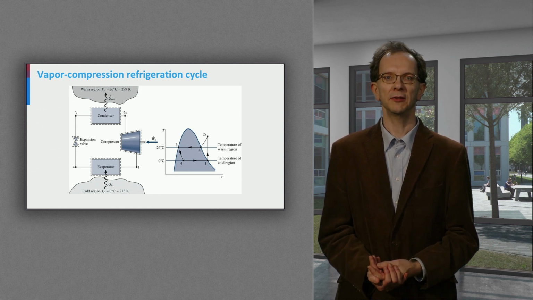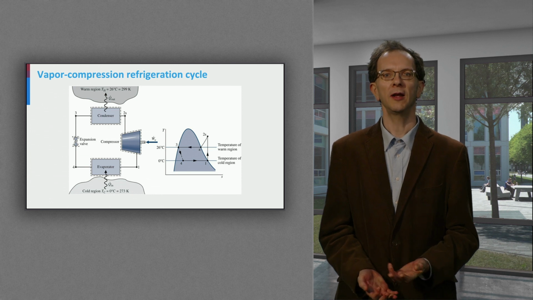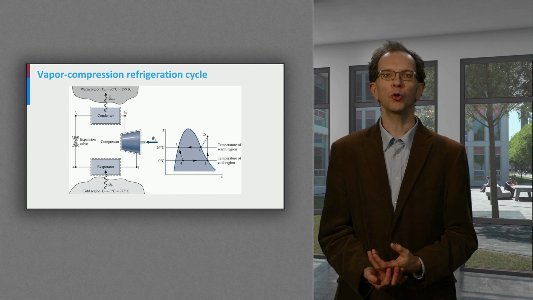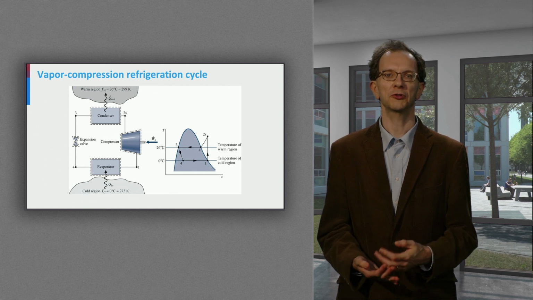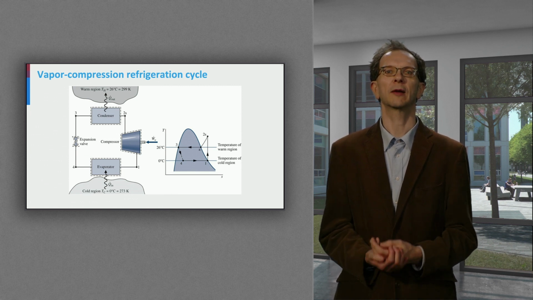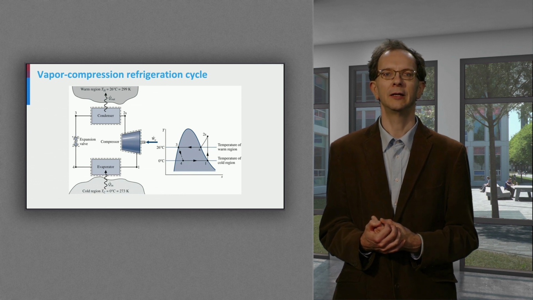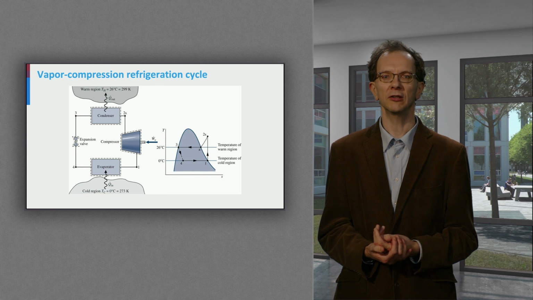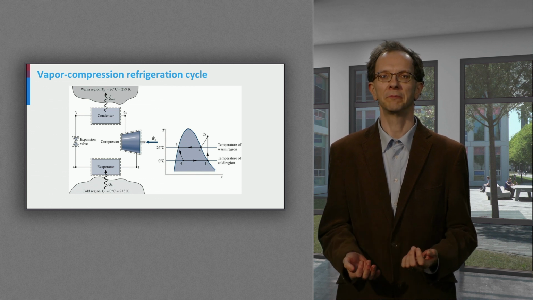In the evaporator, heat is taken from the cold body, which results in the full evaporation of the working fluid in the state point 1, and the entropy increases again. For a pure component working fluid, the temperature stays constant during the vapor-liquid phase transition. We assume that there are no pressure losses inside the evaporator, just as for the condenser.